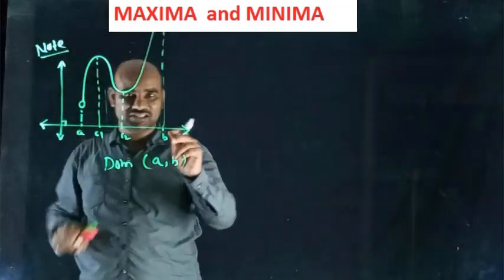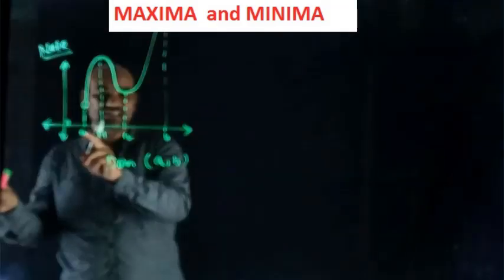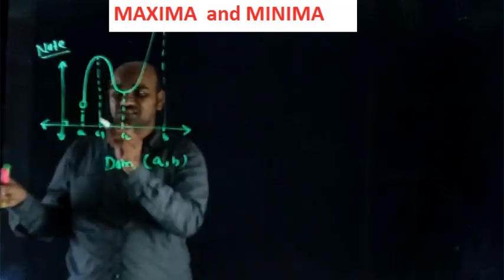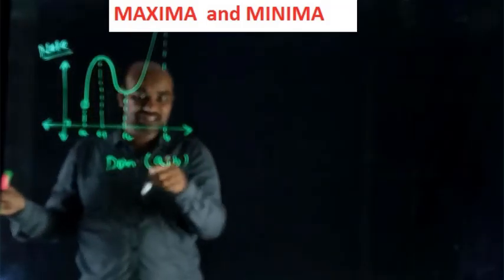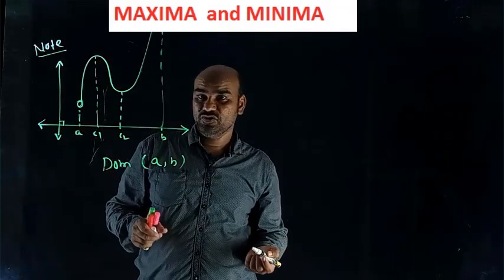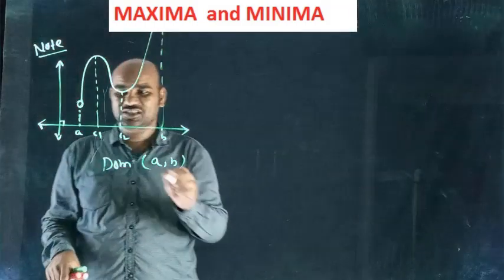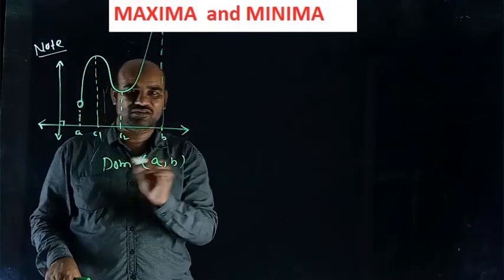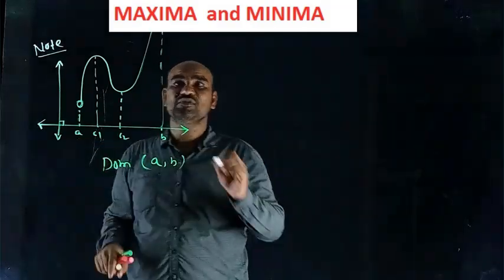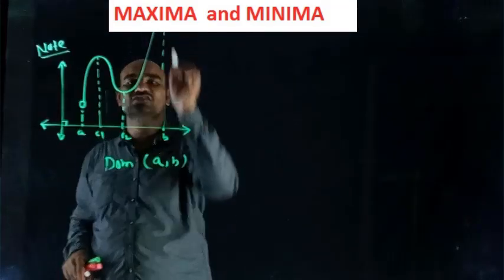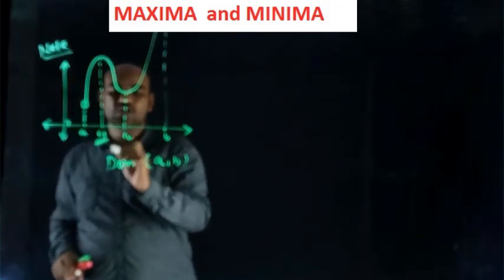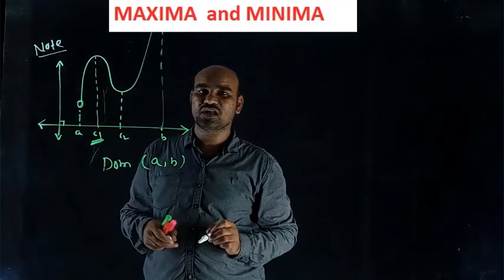What about A and B? Actually here you can't say A is the global point of minima, because A is open here. On the immediate right side you have infinitely many real numbers, and you can't decide which one gives the minimum. That's why global minima does not exist for this function. Similarly, global maxima of this function also does not exist. Only local minima and local maxima exist. c1 is the local maxima, c2 is the point of local minima.